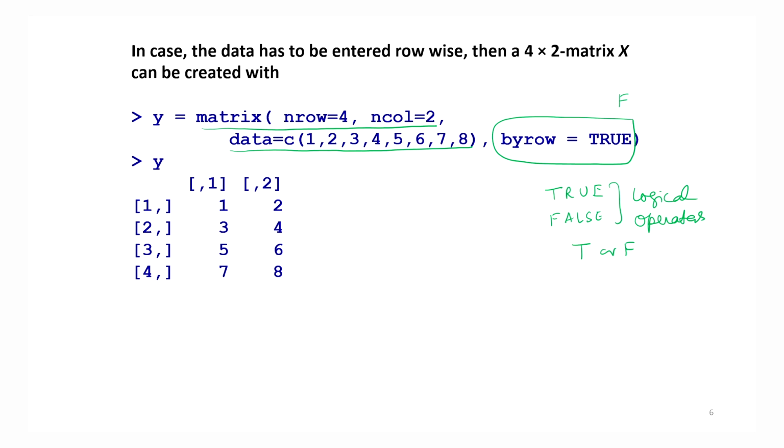So, you can see here this matrix I am calling here y, and y is coming out to be like this. You can see here now the same data: 1 to 2 is going first in the first row, then it comes to the second row 3 to 4, then 5 to 6, then 7 to 8. So, this is how we try to control this data arrangement.